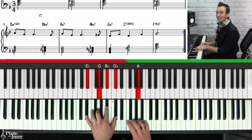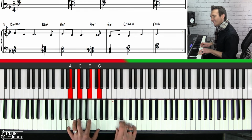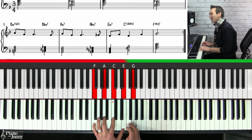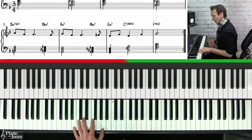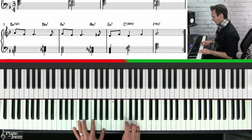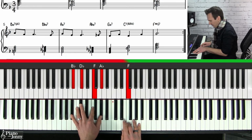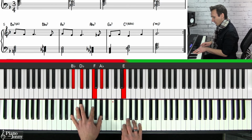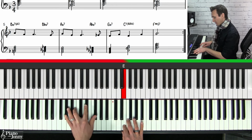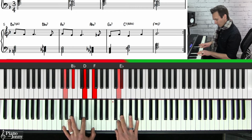Let's look at the next phrase, and I love this phrase. These chords are gorgeous. So the first chord is called a B minor 7 flat 5, okay? Melody in the right hand, very simple. And then we have a little passing chord, like a B flat minor 7. And then we have an A minor 7. Then a little passing chord on an A flat minor 7, and then a little G minor 7,